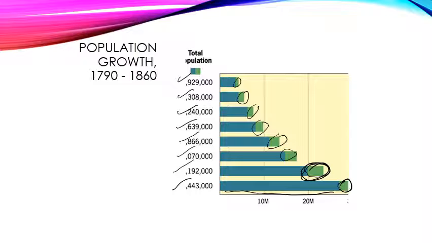So I want you to send me, why do you think in this last one here, 1850 to 1860, we start to see a dip? I'm sure that you watched this. I want you to answer this question. Why do you think from 1850 to 1860 we see a dip in the number of immigrants that come into this country? What could be going on in America during this time that is going to lead to fewer immigrants coming in? Okay, so send me an answer, what you think the answer is to that question, and from there we'll move on.